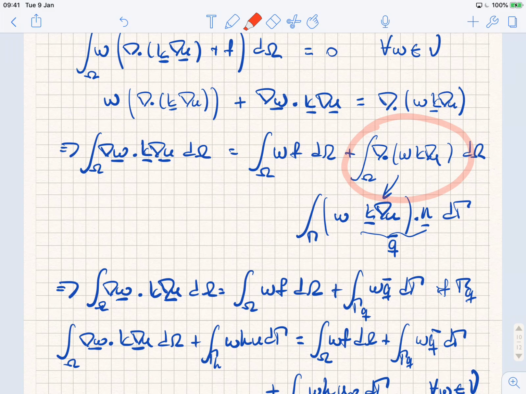that W k grad U, and there is this nice theorem that is called the Divergence Theorem, where we can convert that integral over the entire domain to an integral over the boundary. So we just take whatever is inside the divergence, and then we dot it with the normal field, and that's where our natural boundary condition shows up. And again, in 3 dimensions, it's exactly the same thing as in 1D, where you see that your boundary conditions are showing up naturally in the formulation when you go through these steps of integrating by parts and the divergence theorem. Okay,